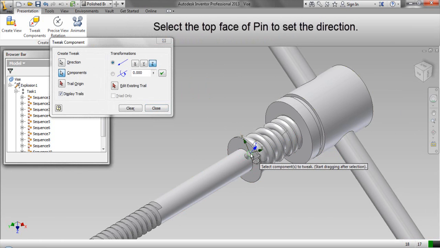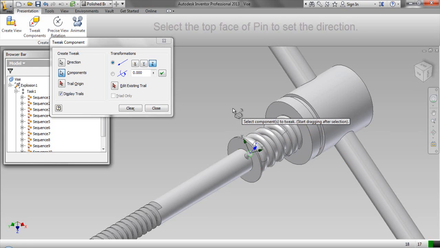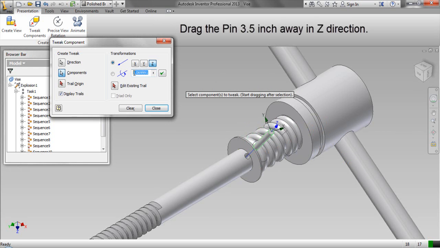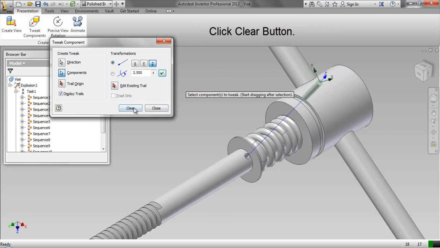Select the top face of the pin to set the direction. Drag the pin 3.5 inch away in the Z direction. Click Clear button.